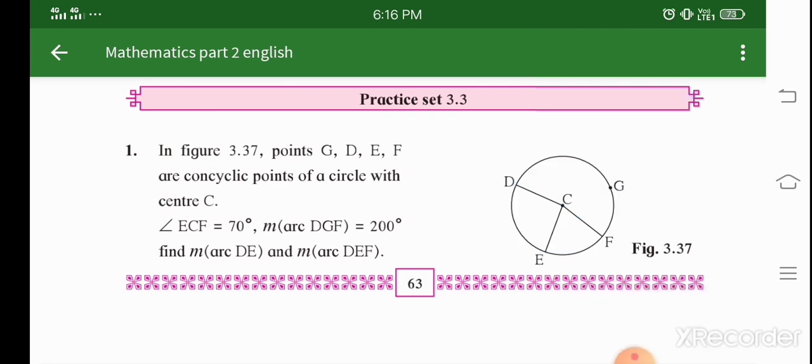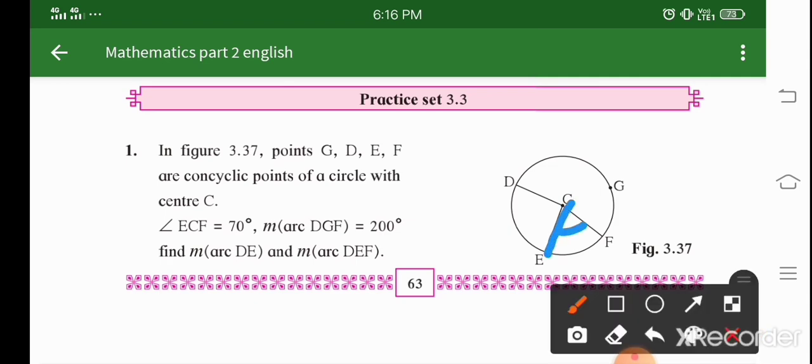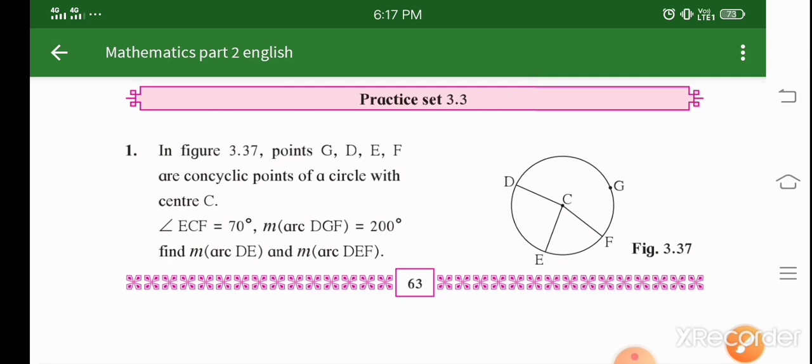Okay, so can you see over here what they have given? They have given a central angle, right? This is our central angle only, ECF. If we see this ECF, this is our central angle. So if this is 70, then the corresponding arc EF is also going to be 70, right? So we can say, with the help of that central angle theorem I told you, the measure of the central angle is always equal to the corresponding minor arc. With this we can find DE.